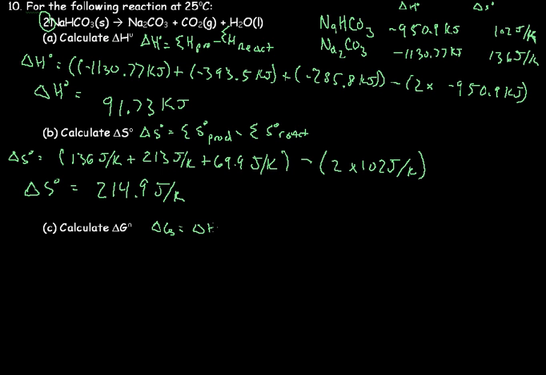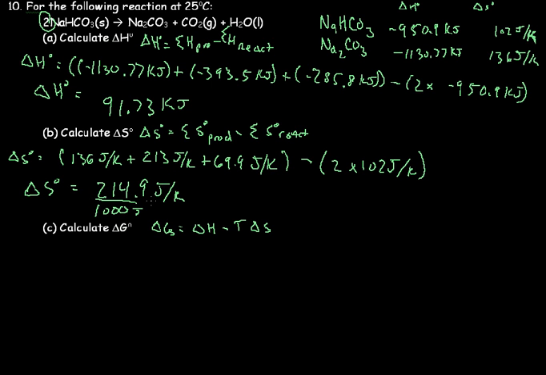So now we're going to calculate our delta G. Delta G is equal to delta H minus our temperature in Kelvin times our delta S. Now if you notice, our units of joules are different in delta H and delta S. Delta S is just joules, and H is kilojoules. Our temperature in Kelvin will cancel that Kelvin out, so we need to get our energy units, our joules, in like terms. So I'm going to convert this to kilojoules per Kelvin, and all I need to do is divide that by 1,000 joules,